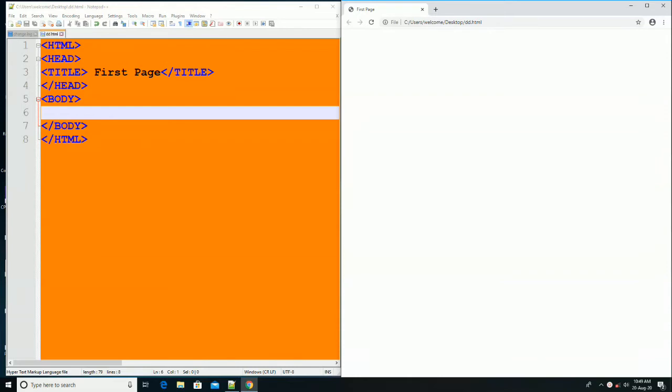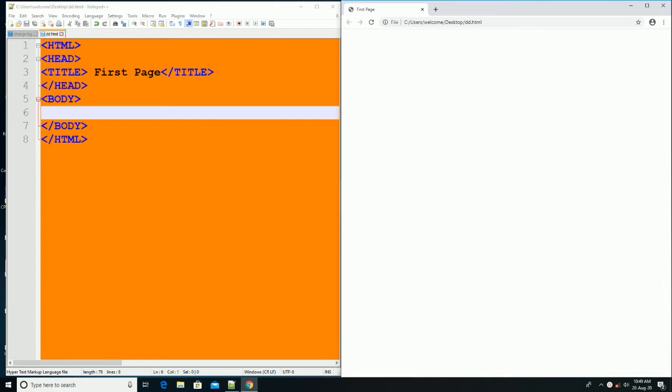Let us see now chapter 5, tables and hyperlinks in HTML. So you already know about HTML. HTML stands for Hypertext Markup Language. It is the internet programming language used to create web pages. So this is the markup language. Markup means the tags are used to make the web pages.